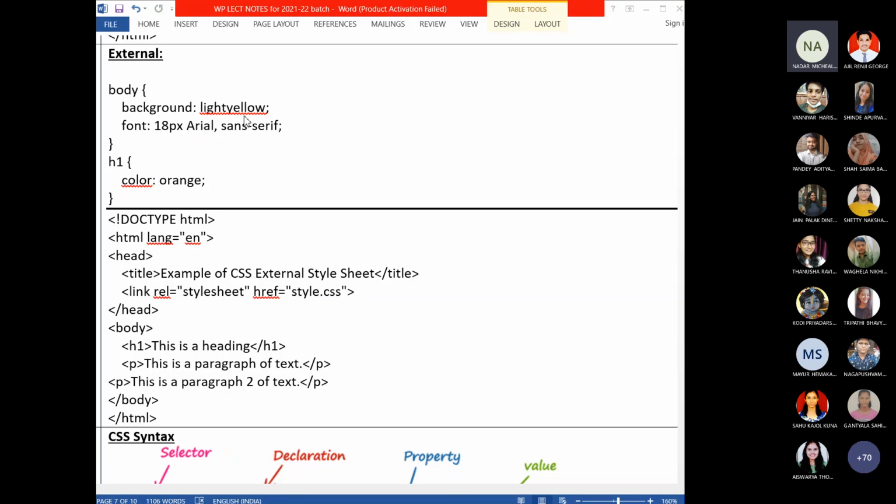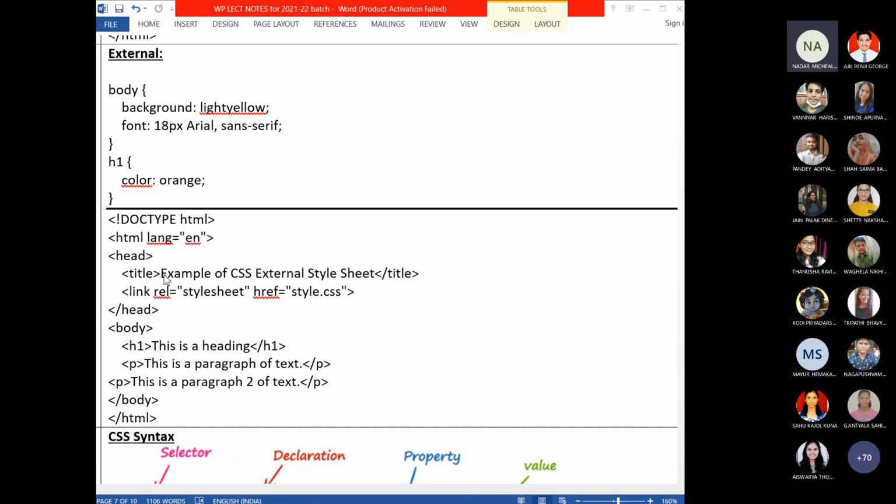Suppose you saved it as style.css, you have to write style.css here. Otherwise, whatever the respective file name is, write that. So using the link tag, with the help of the REL and href attributes, you are linking this HTML file with the CSS file. Once you have written the link tag, you will close the head tag.